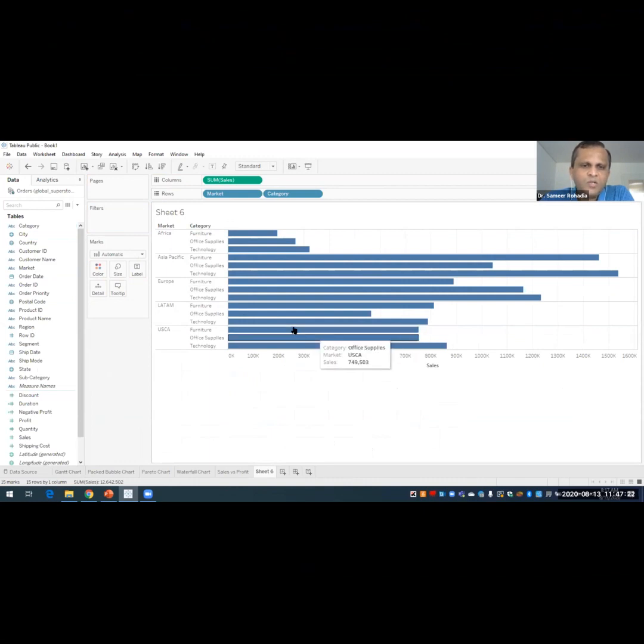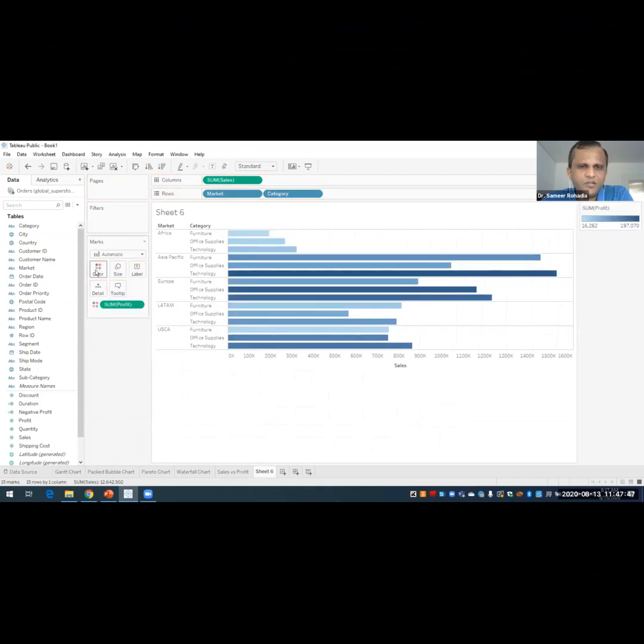Now, if I want to have some color effect, then let us select the profit. Below you can see we have the profit in the measures area and we put it in the color. So now here we are able to see the different shades, which are based on the profit.